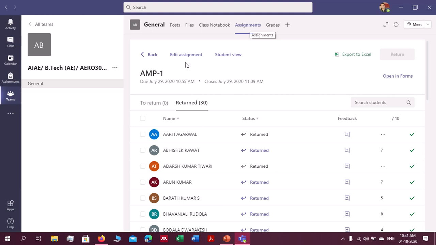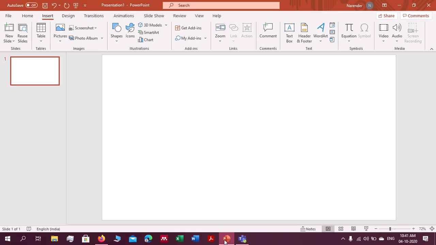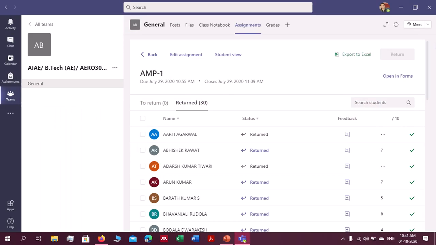You can also see all these things. Just go to the assignment and click on that assignment name which you gave. You also can export these details into Excel, and also can open in the form which you created, and sometimes there will be an edit in the question. You also can edit that question, just by clicking on open in the form.